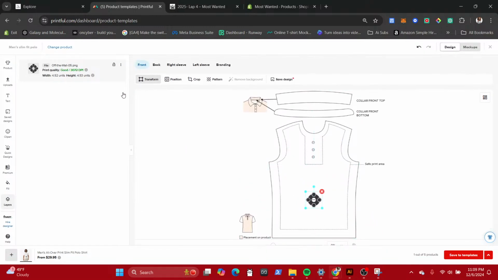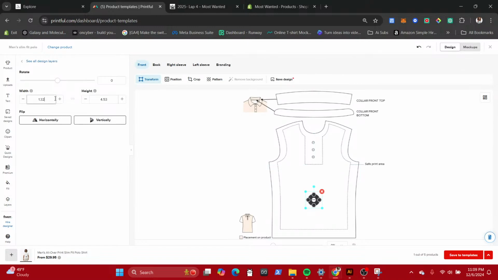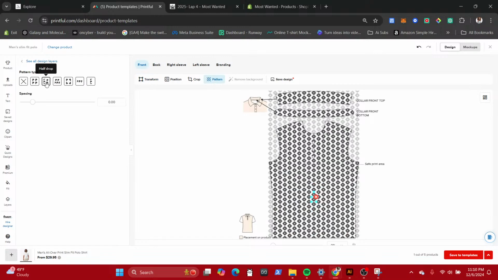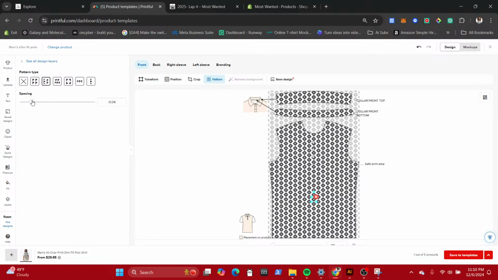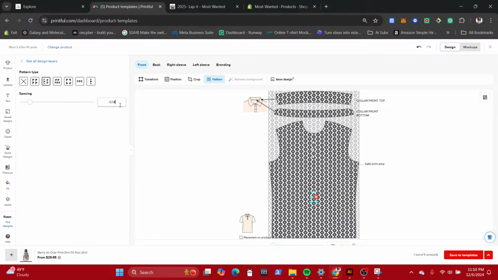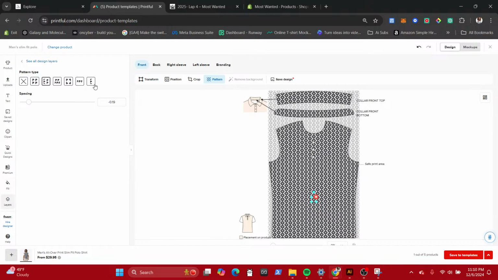So again, transform 1.32. Pattern, half drip, and -19. And then layer,